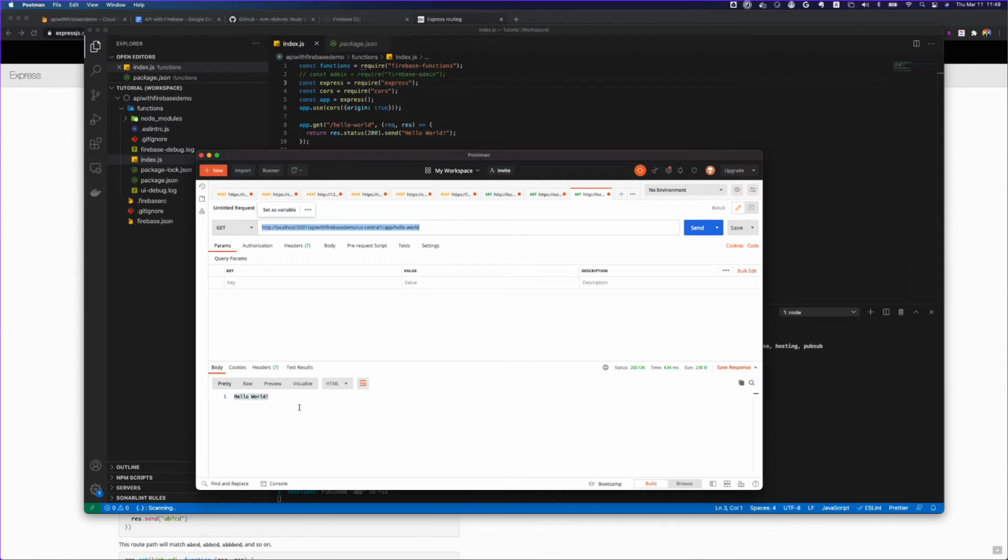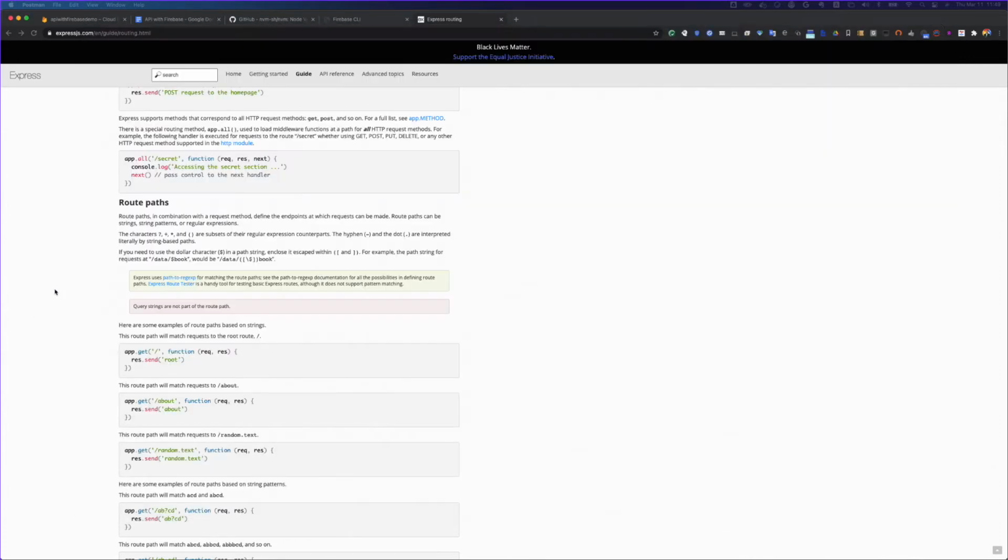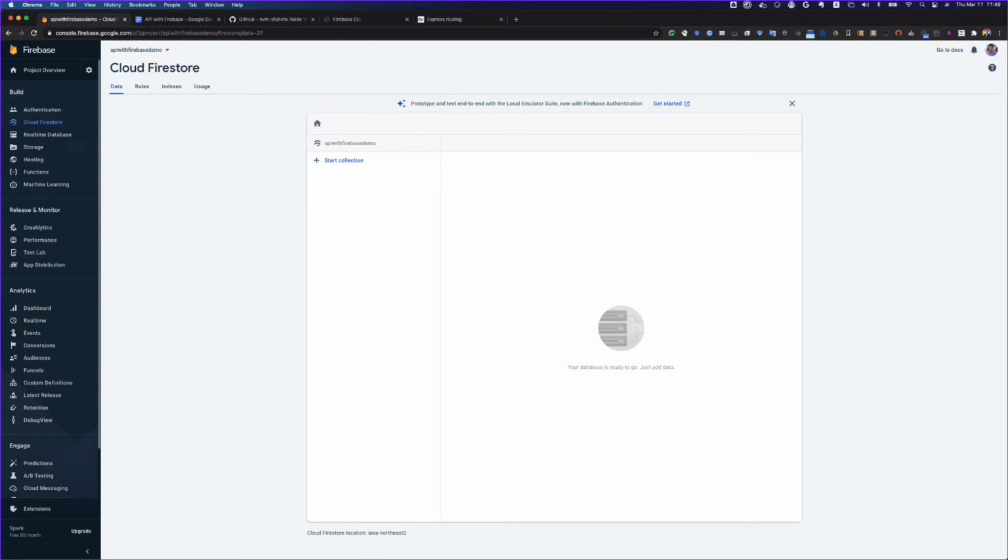Now let's move to the next step of connecting this API to our database, because we actually want to connect to the database and start creating some CRUD API and see how we can access it. To do that, I'm going to go back to Firebase, because we need credentials to access that database. For that, click on this gear icon at the top left hand corner and click on users and permissions.